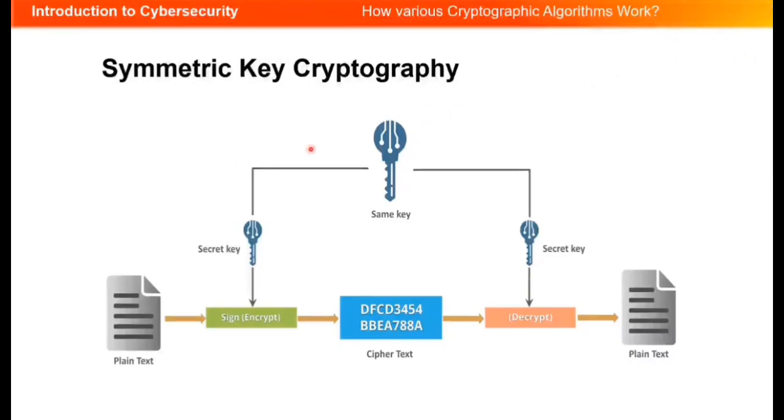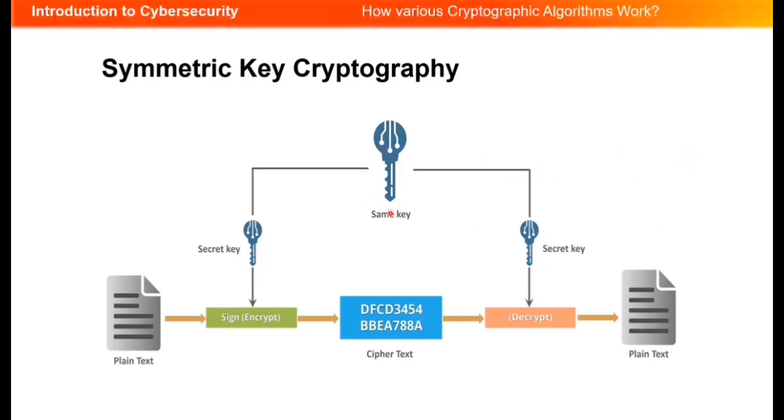So we can see here with symmetric cryptography, there's plain text, which is a readable message for anyone. It's encrypted with a key, and there are various ways that this message can be encrypted. However, this is the key that's used. This is now the cipher text that comes out. Anybody with the key can decrypt it and convert it back to that plain text. So this is all the same key.